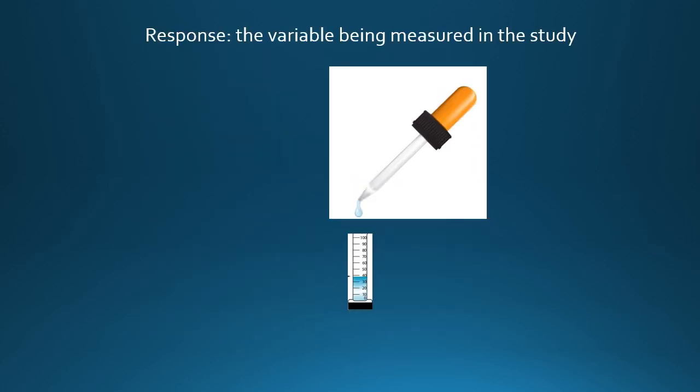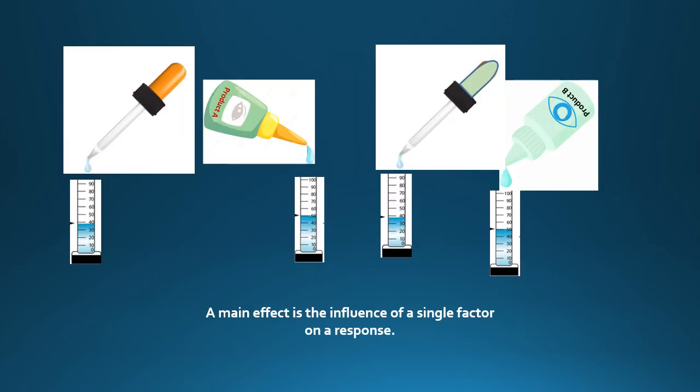The response is what is measured in the study. For the eye drop study, the response is the volume of eye drop that is dispensed from the dropper. In two-way ANOVA, we also need to understand two more items: main effect and interaction. The influence of a single factor on a response is called the main effect. If the modified eyedropper dispensed more liquid than the current eyedropper, that would suggest that a main effect for dropper